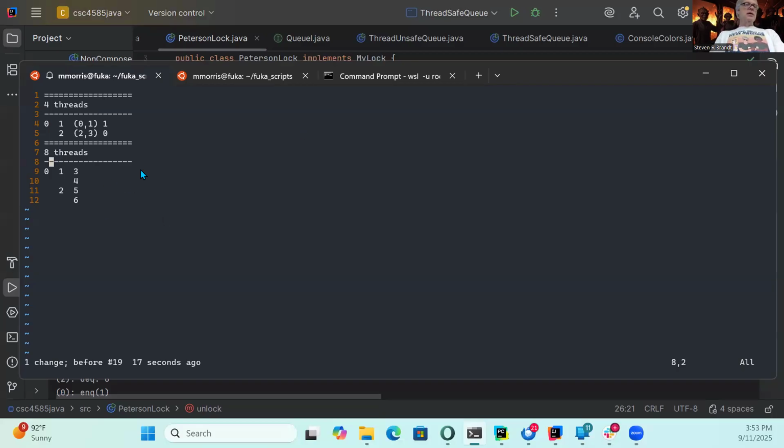And so this is going to be 0 and 1, and 2 and 3, and 4 and 5, and 6 and 7. So those are 8 threads, right?